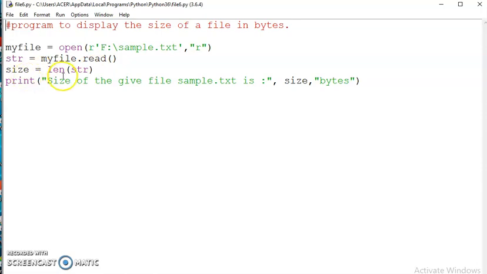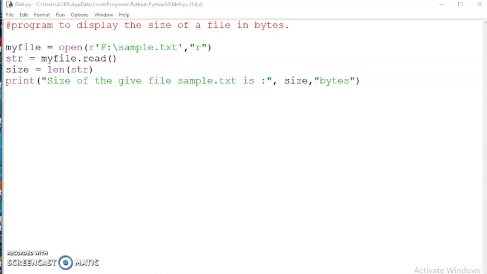Then size = len(str). This len function you already learned, to find the length of a string. Then print size of the given file sample.txt is size bytes.